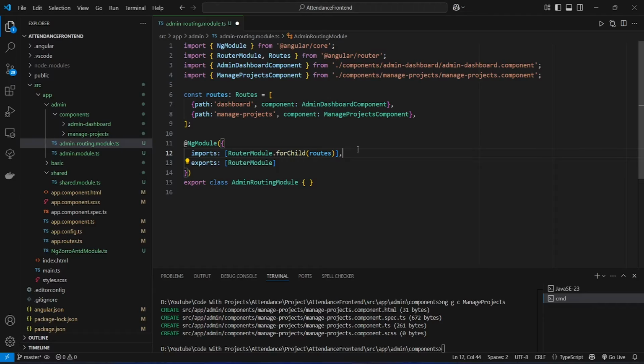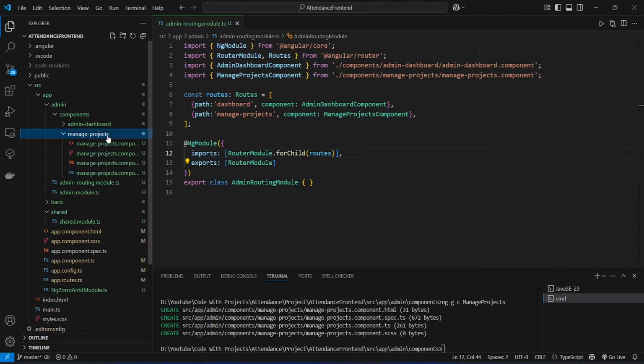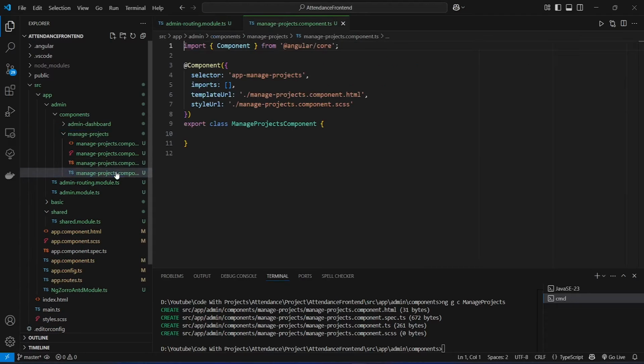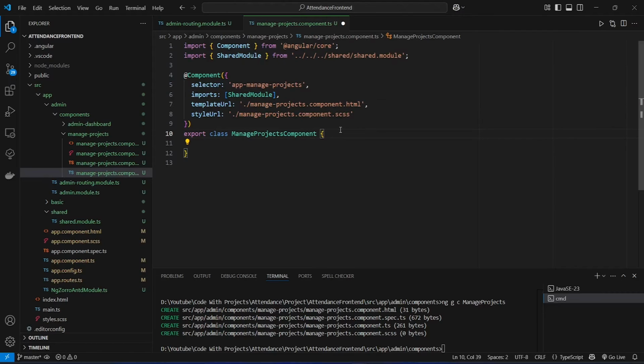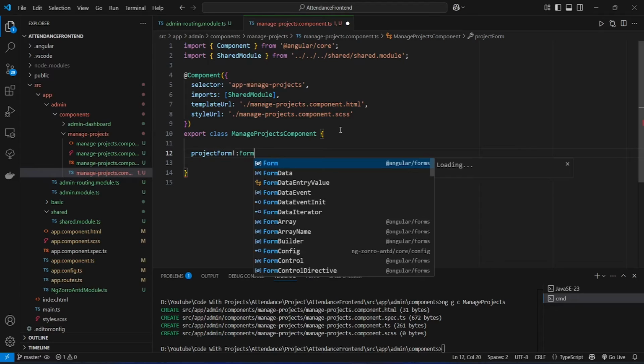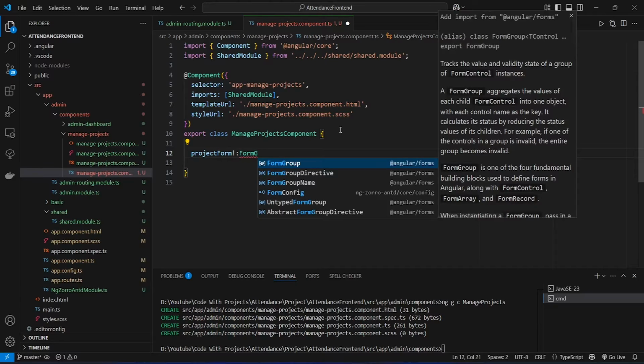Now let's save this file, and after this we will open the manage projects folder, and in this we will open the ts file. And in this file, first of all, we need to import the shared module in the imports array, and we will add the import from our shared folder. And after this, in this component we need to create a form group, and we will name this form group as project form. And after this, for the type we will give this as form group and we will import